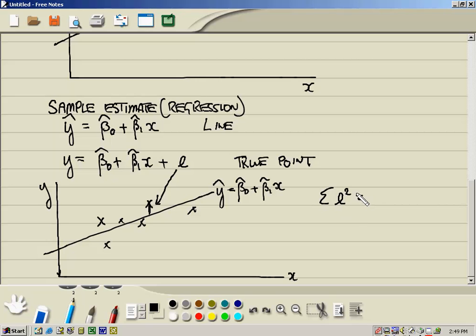Alright, and this is called the error sum of squares. Alright, what we're going to do is to minimize this quantity with respect to two parameters, beta hat 0 and beta hat 1. And we do that with calculus, and the result is